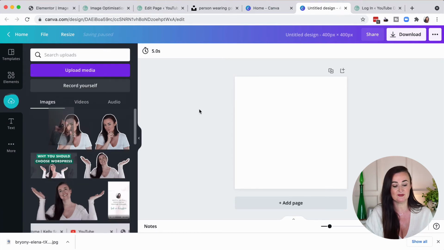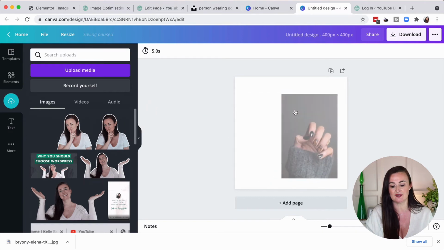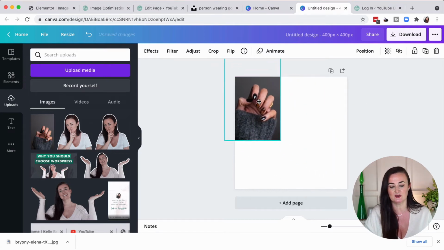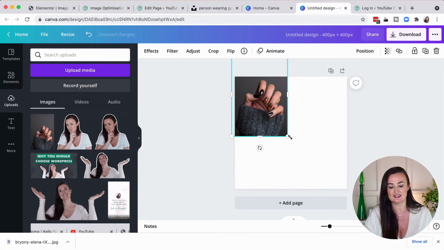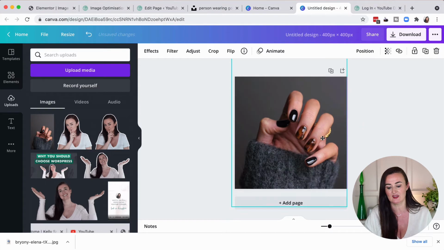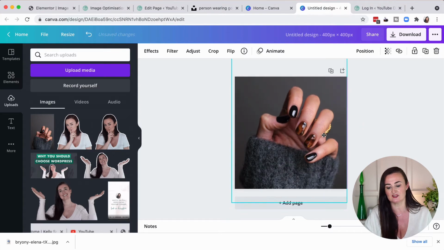And now I can just simply click on that and drag that into my image. Now obviously if I save that and upload it to my website, it's going to have all this weird white space around it, and that is not very good. So what we want to do is resize it. So if I just click on the corner there, then I can drag it to the right width, and then I can move it around so it's perfect within the square. So you can see there that I've cropped that, and it looks good.